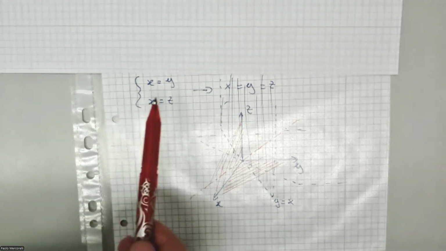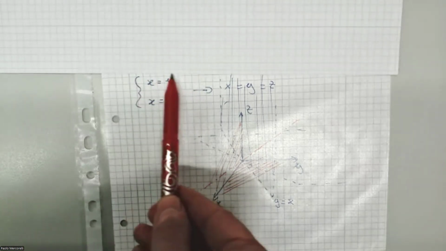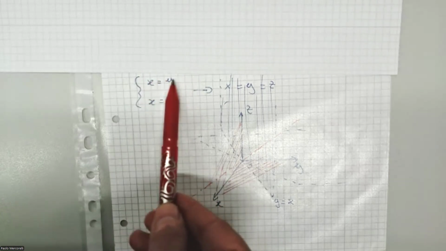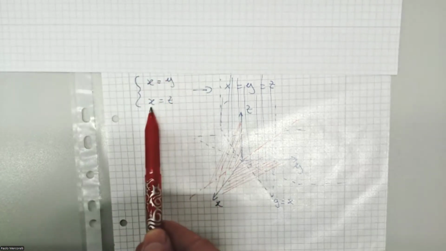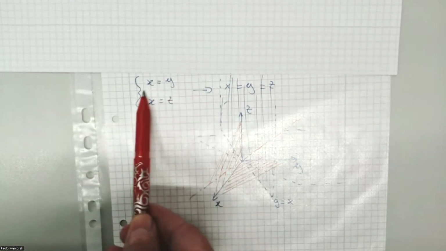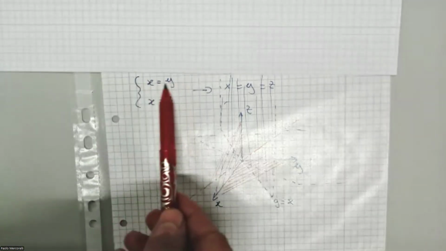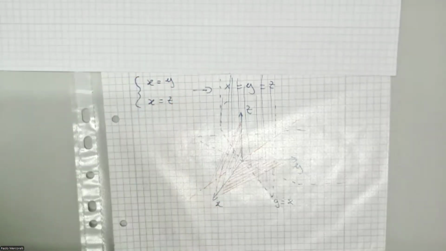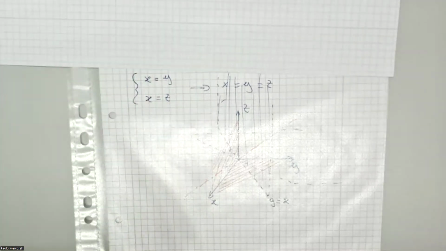Because if you consider just this element here isolated, X equals Y, for each Z, like here, X equals Z for each Y. If you consider just this expression here, now I try to draw this expression and this expression, and then show you the intersection, because this means the intersection. If this means X equals Y for each Z,